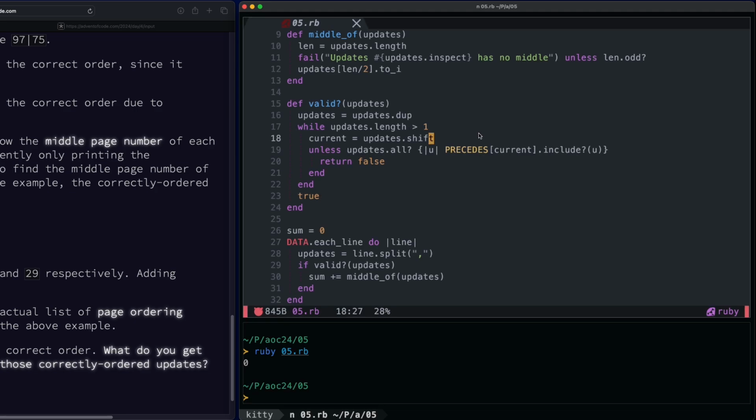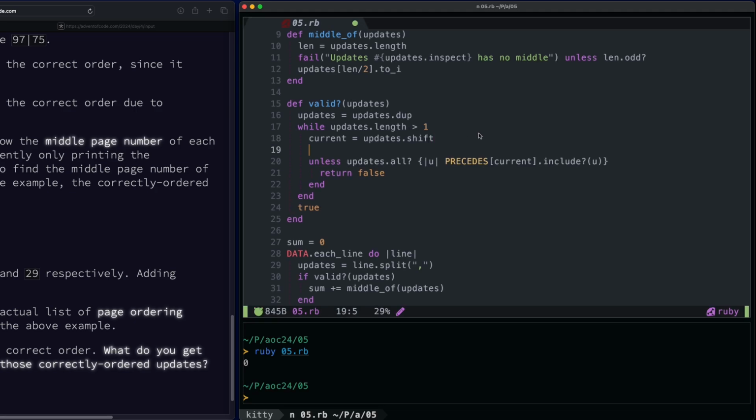So I guess what we could do, just as a quick bit of debug here, is to say p current, updates, precede. Okay, that's going to generate a lot of stuff, but